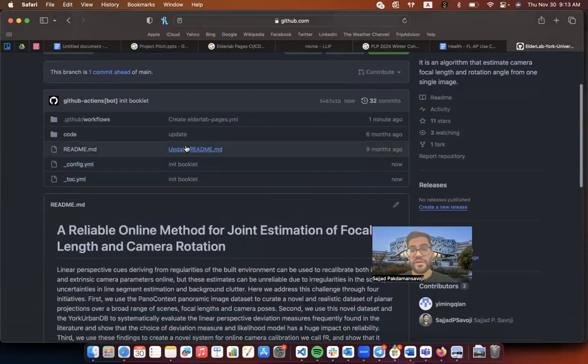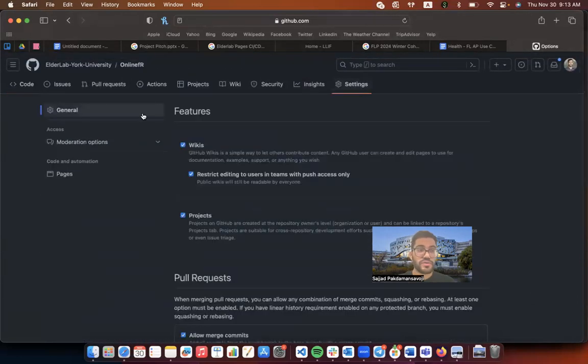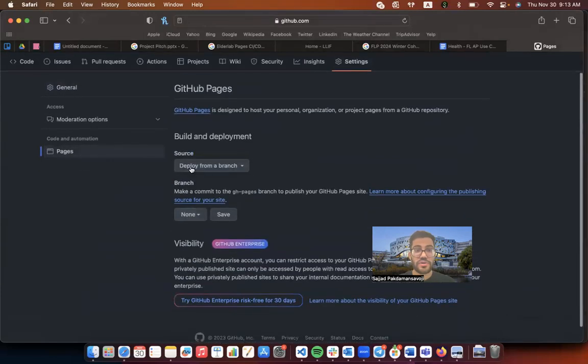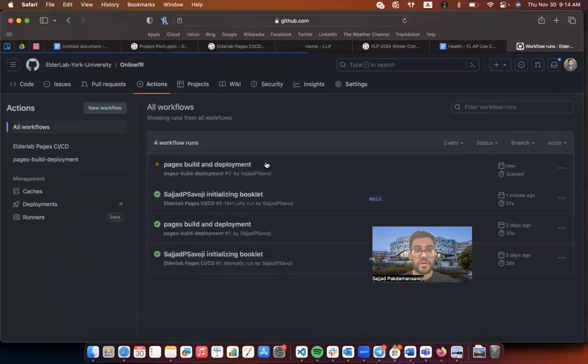I'm going to go back to these two files afterwards. But we don't yet have our website on, right? For that part, you just need to go to your settings under pages, and this is the GitHub pages part. There is something called deploy from a branch, and we're just going to use our GitHub pages branch, because that was the branch that we chose. Going back to our actions, we can see that the GitHub pages workflow is running automatically. And if we give it a couple of minutes,